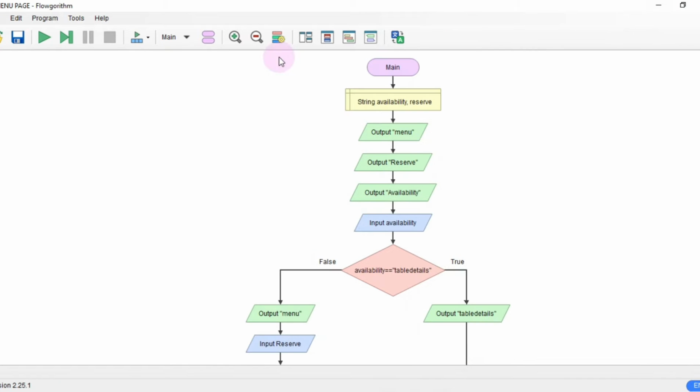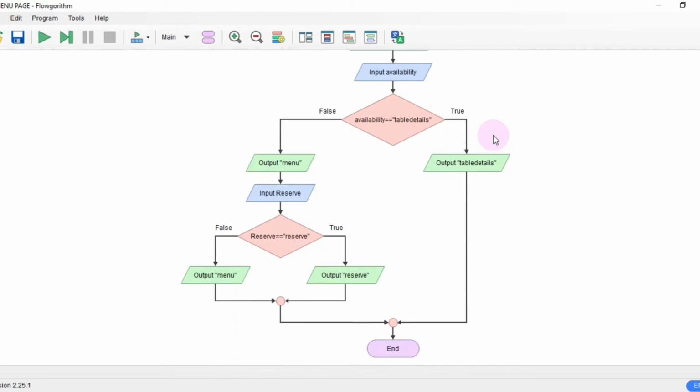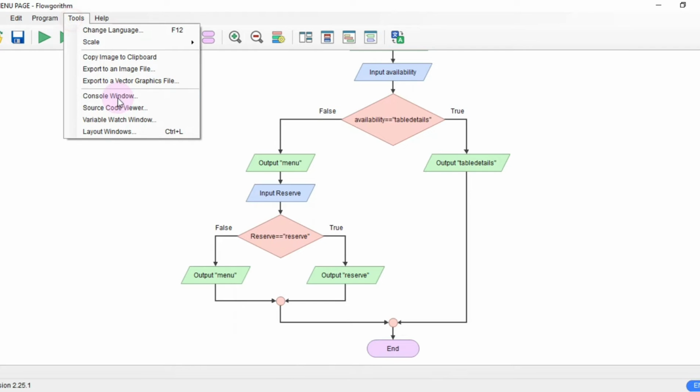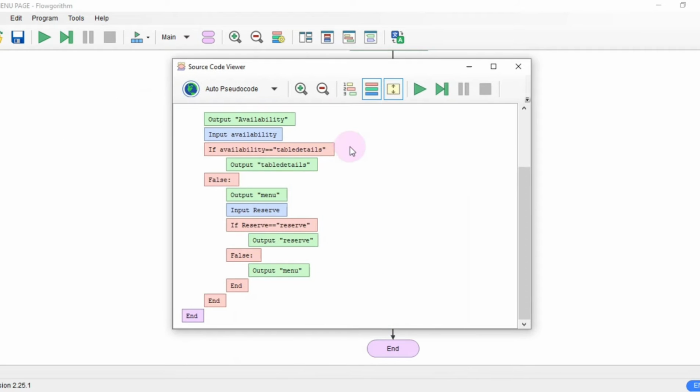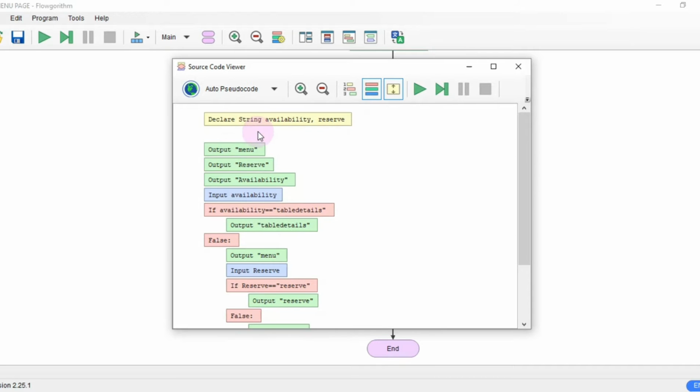The next is the menu page. This is the algorithm for the menu page. This is the procedure code for the menu page.